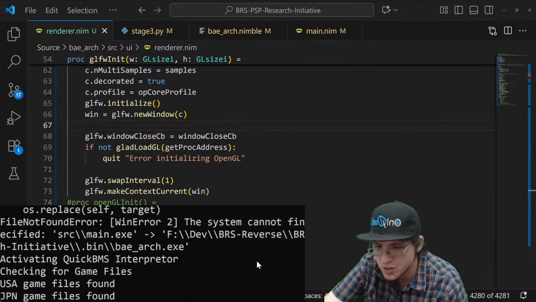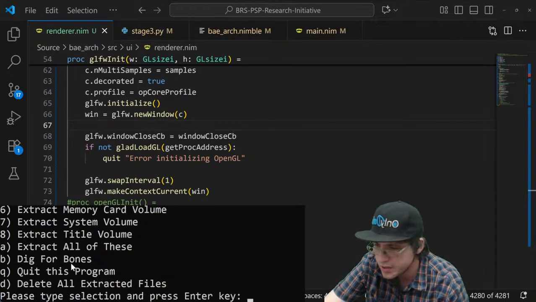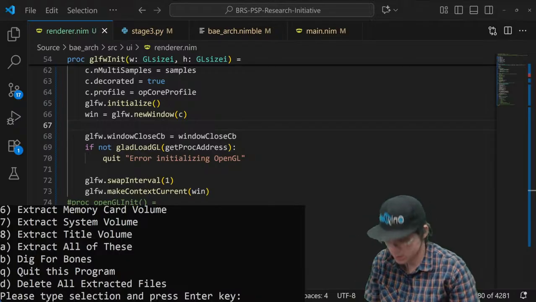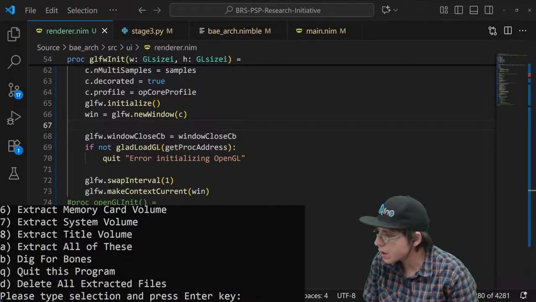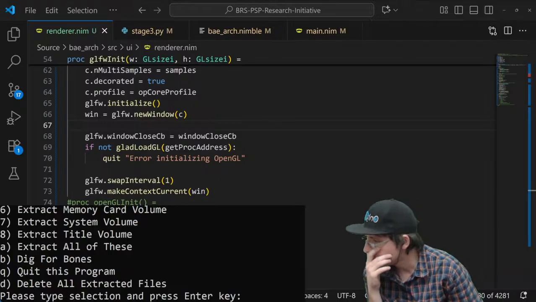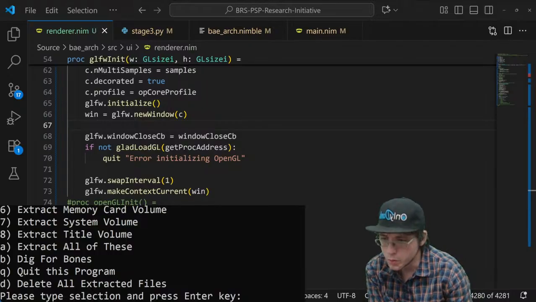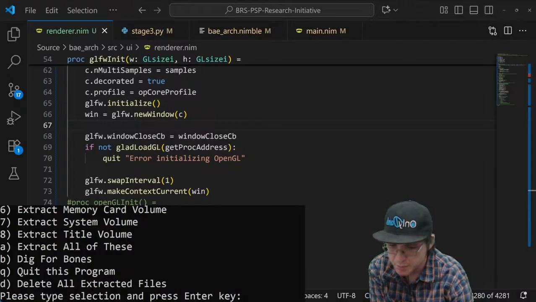So, like I said, I'm having to look at the code to figure out how this works. I think I'm done.